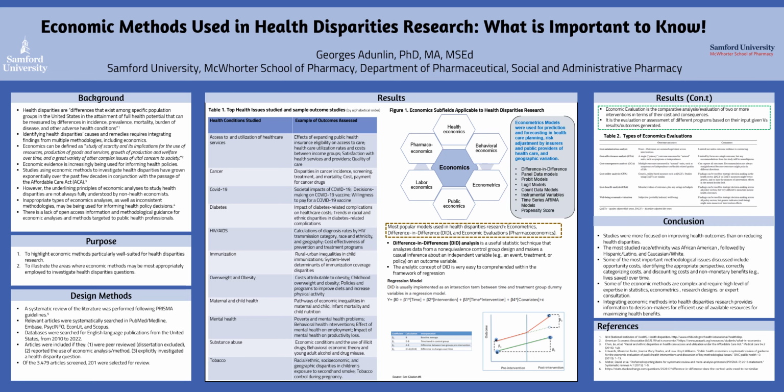The most studied races and ethnicities included African American, followed by Hispanic, Latino, and Caucasian white. Some of the most important methodological issues discussed in these articles include opportunity cost, identifying the appropriate perspective for the study, correctly categorizing costs, and discounting costs and non-monetary benefits. Some of the economic methods are complex and require a high level of expertise in statistics, econometric research design, or better yet, expert consultation. In conclusion,